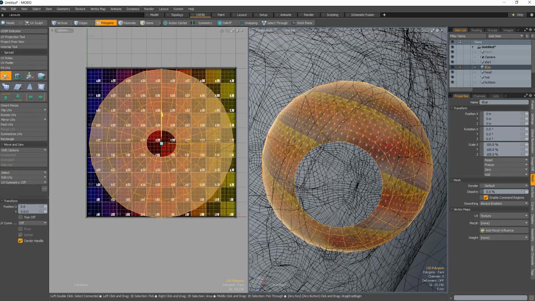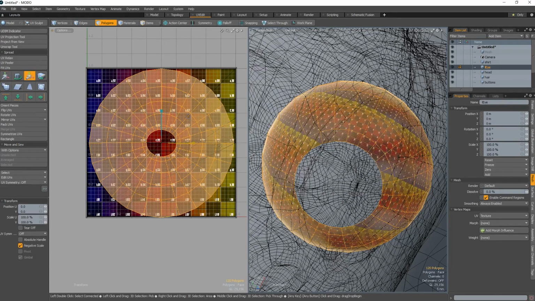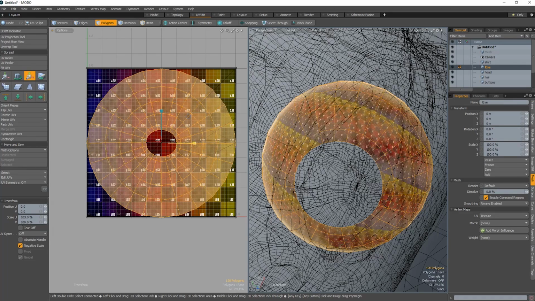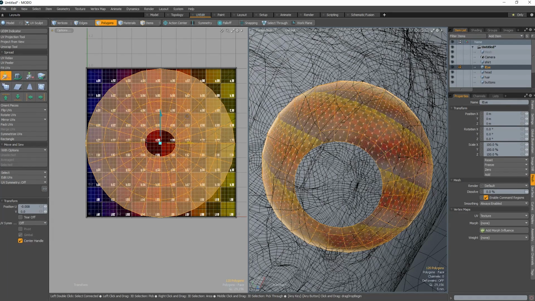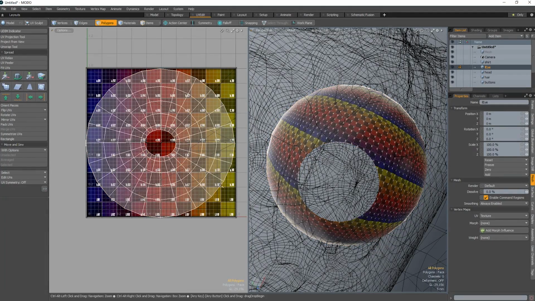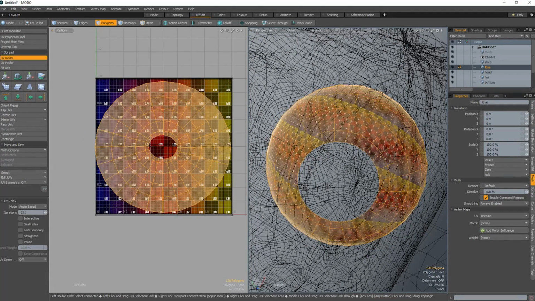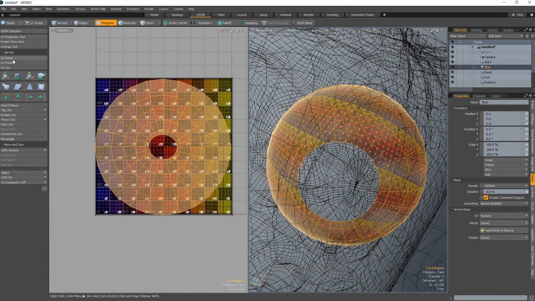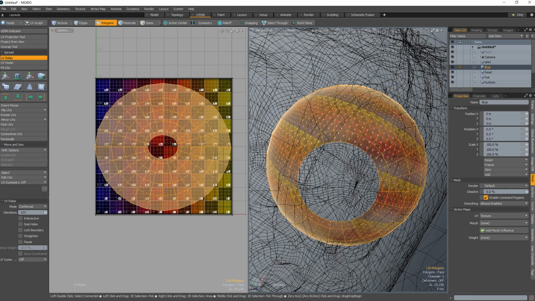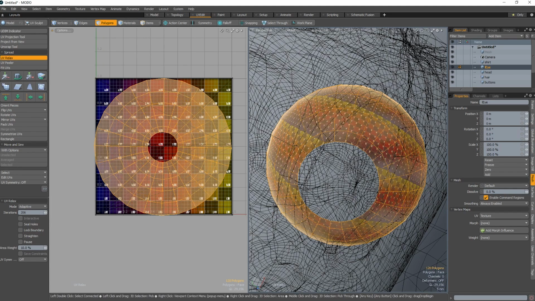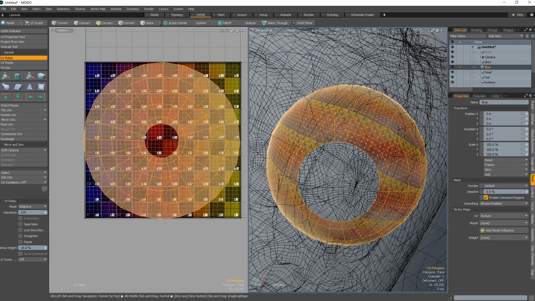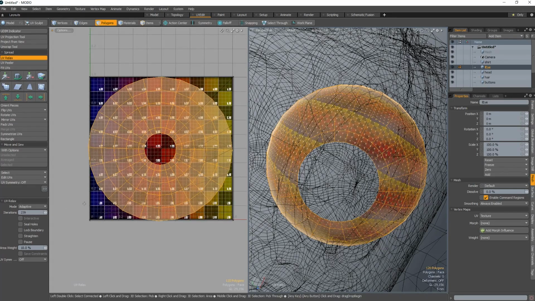So I'm going to scale it up so it fits perfectly inside this square. Again, it's not essential that it's perfect, because we're going to paint this in 3D. So to relax it, let's see if some of the other settings will work better. Alright, so this works pretty well. Now it's a pretty nice and even